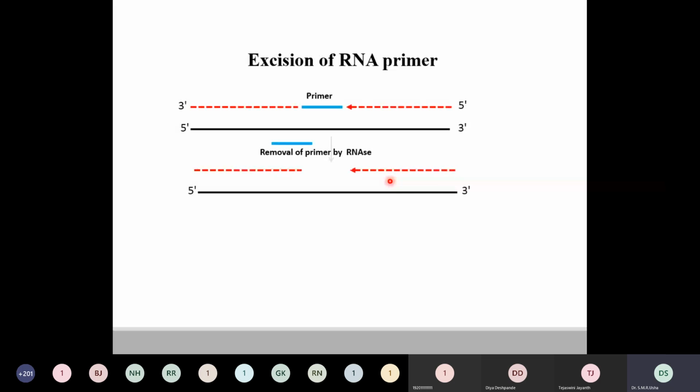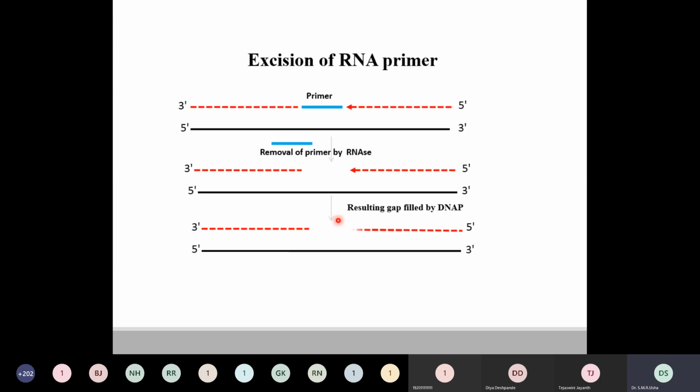So there will be a gap. Now the DNA polymerase enzyme will continue its activity. The resulting gap is filled by DNA polymerase activity, and a small nick that is remaining is sealed by